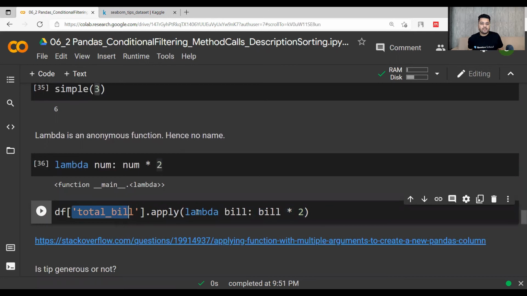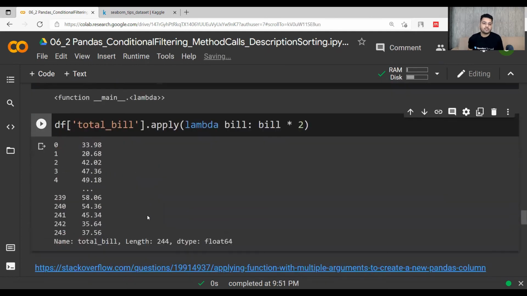So if I apply this lambda function, bill colon bill into 2, every value will be picked out of the total bill column, and all those values will be multiplied by 2 because of this apply function. So it is kind of a broadcast function over the full data frame.